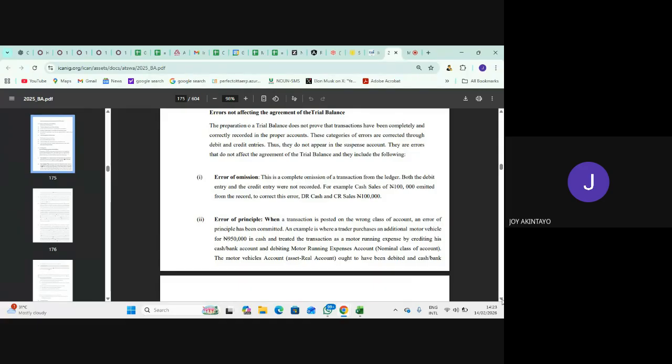So how do we correct it? Just go to your motor running expenses account, you credit it, then you debit your motor vehicle account, and that's all. Do you understand? So correction is just